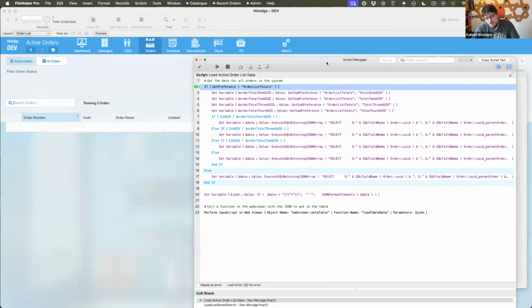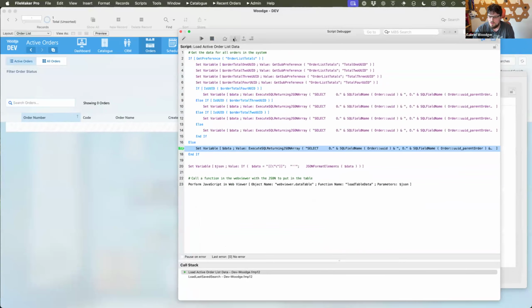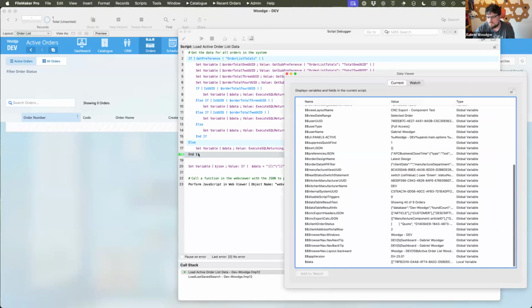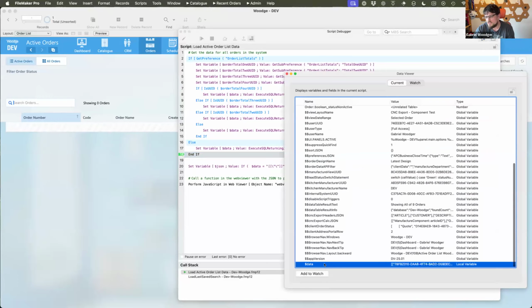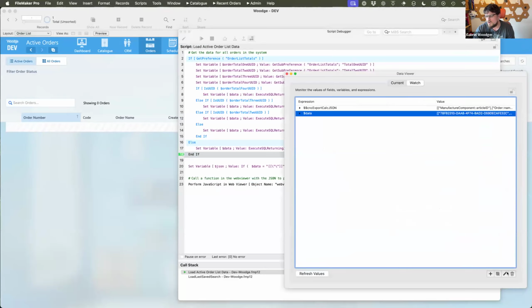It's a big system with tens or hundreds of thousands of orders, so it might take a couple of seconds to load. Then I'll use Execute SQL to do a very high performance search against the database to load all of the records that we want to see. In here I'm loading a variable full of data, which is just a two-dimensional array, an array of arrays.